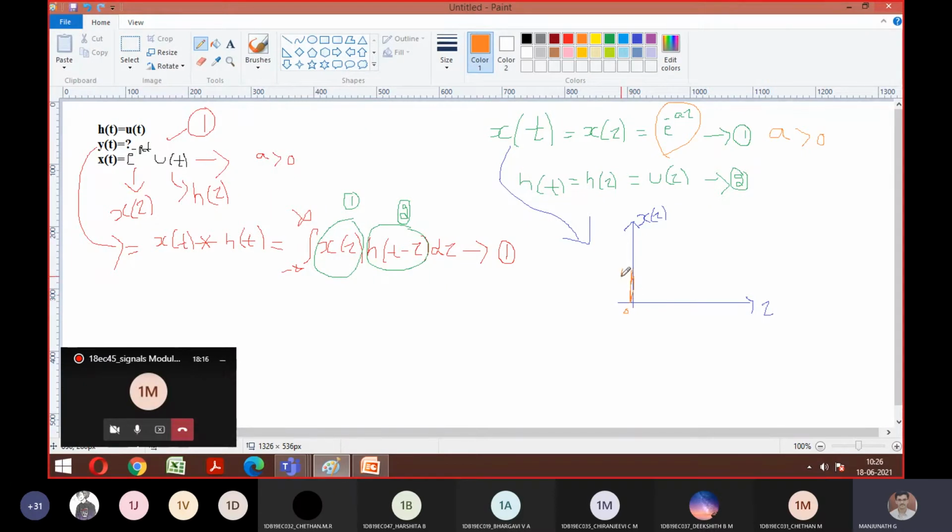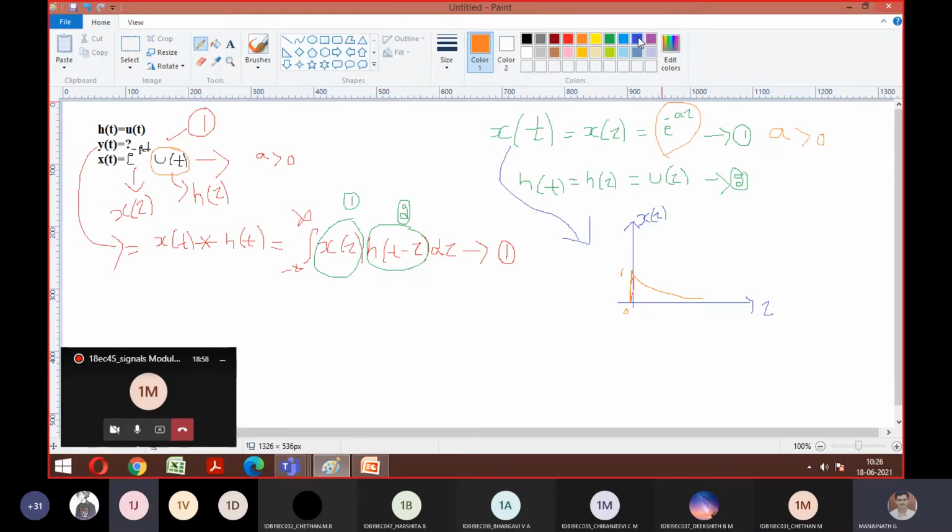This is 1. Afterwards, if you give the values of a as 1, 2, 3, we can't take negative values since u of t is there. Since u of t is mentioned here, even if you consider the negative side, if you multiply with 0, it's 0 only. That's why we are not considering anything towards the negative side. We consider only the positive side because of the unit step function. Once you keep giving the values for a, the exponential will keep dipping. At what point it reaches 0, we don't know, so in general let's say it is infinity. This is how it looks. Agree, everyone?